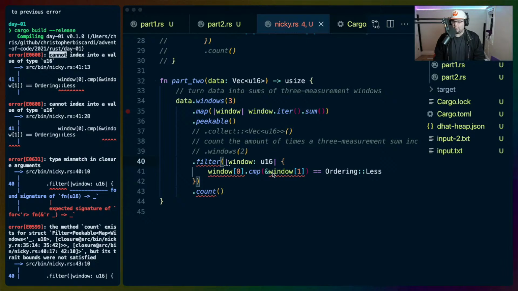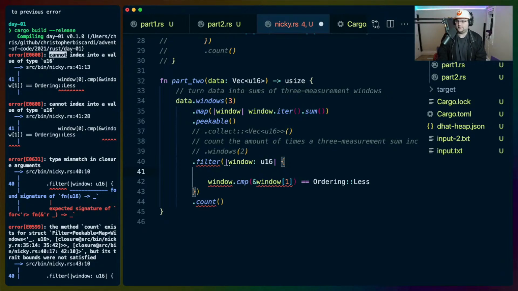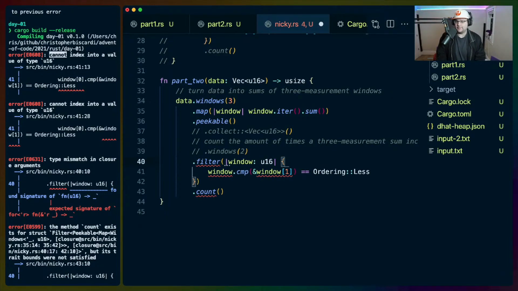Cannot index into a value of U16. So comp does bit comparisons. Oh, right, can't index here. So window, and so if we do, we actually can't peek this, can we? We don't have a reference to the iterator.